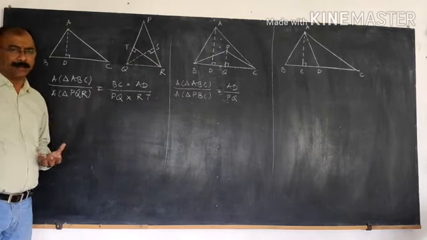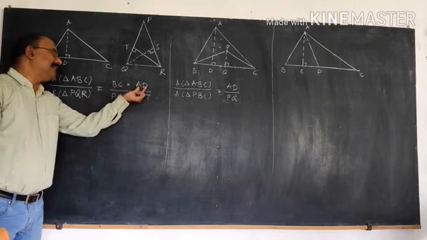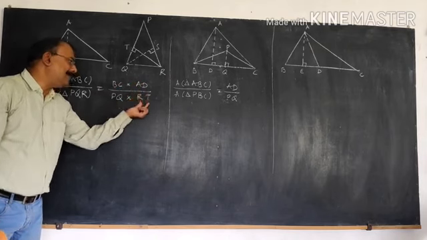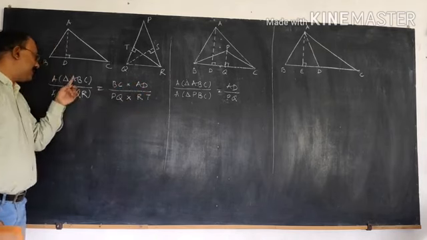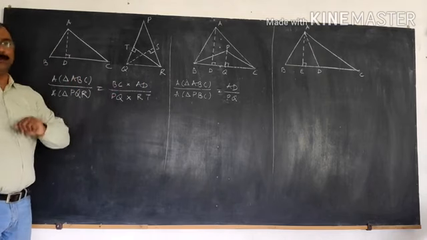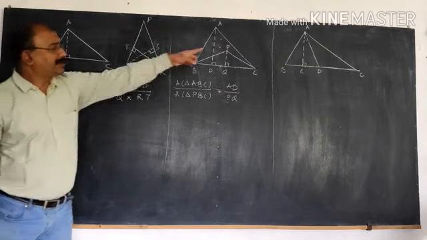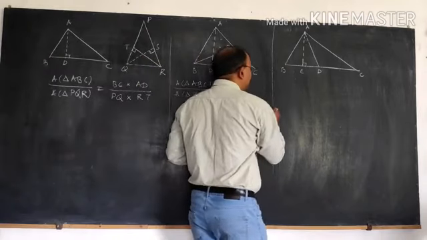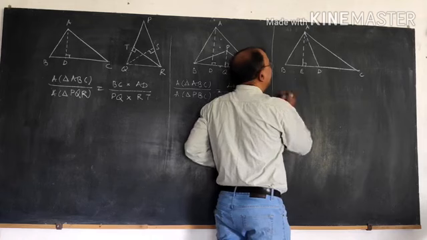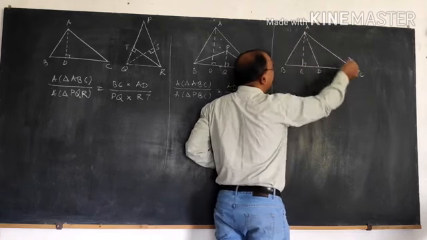By common sense we can make out that in case the heights are same, heights will cancel each other, the ratio of areas will be equal to the ratio of bases. We can observe the same thing in the third figure, figure number 3. Here you can see that there are three triangles having the same height.